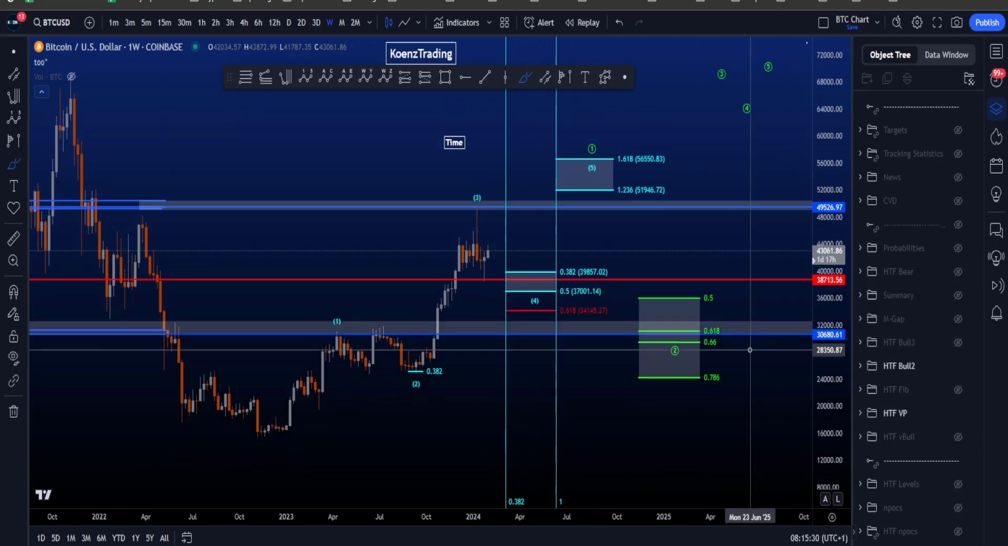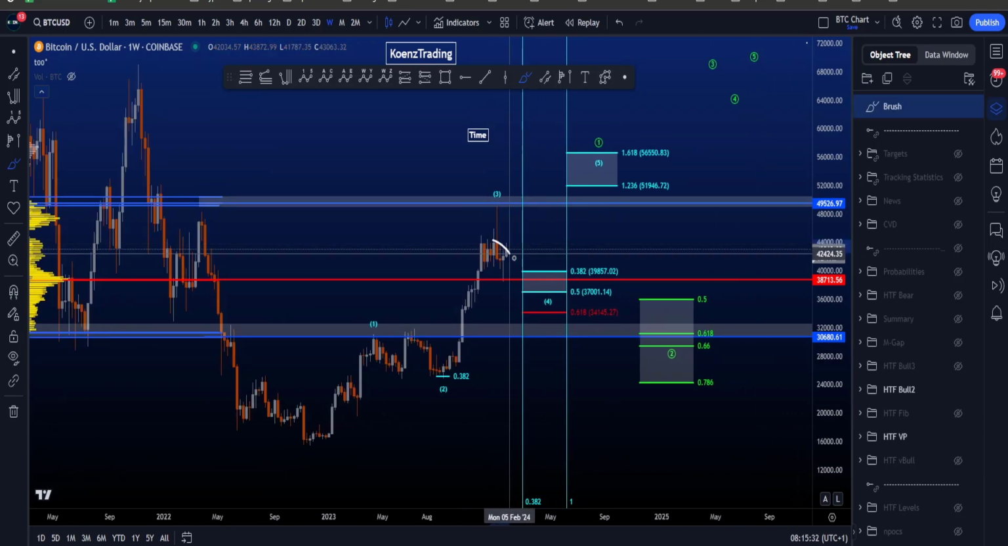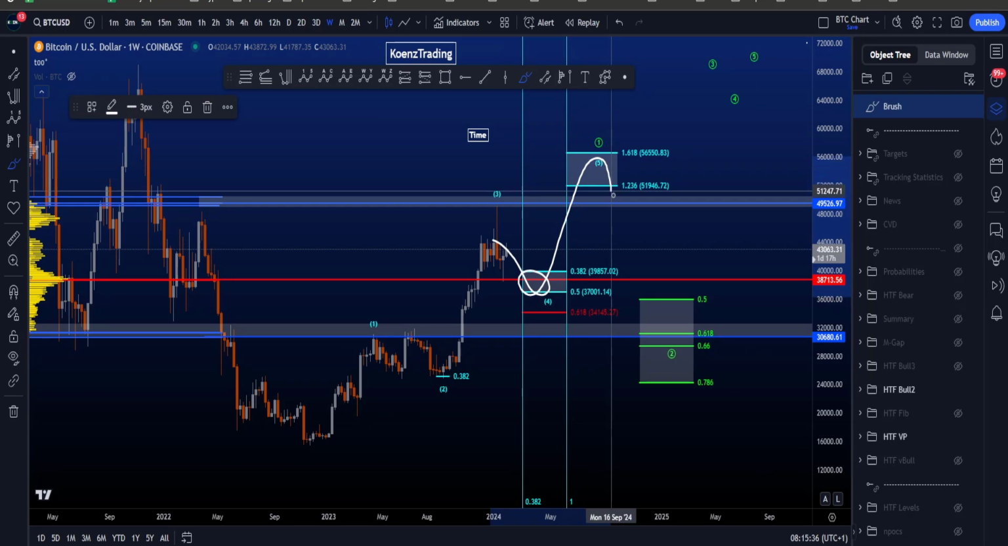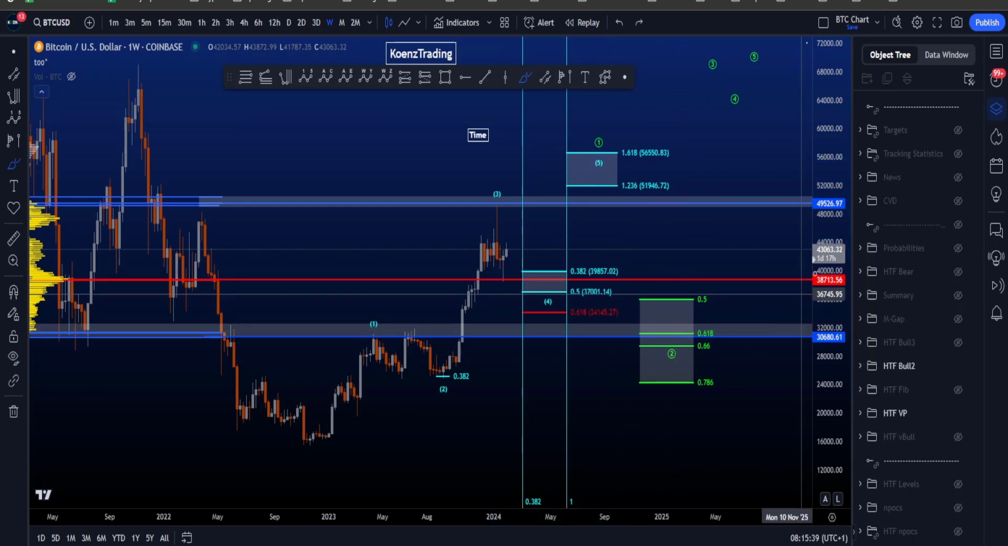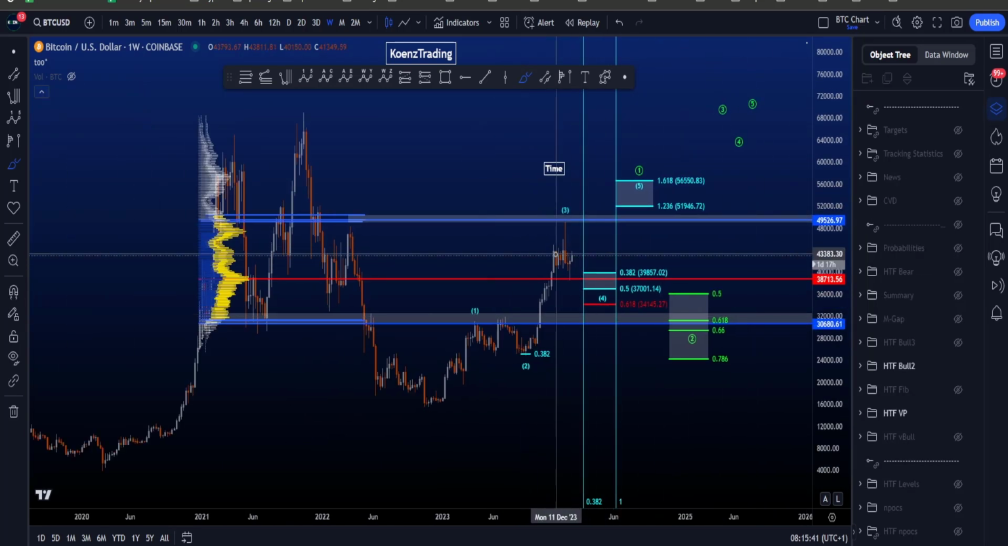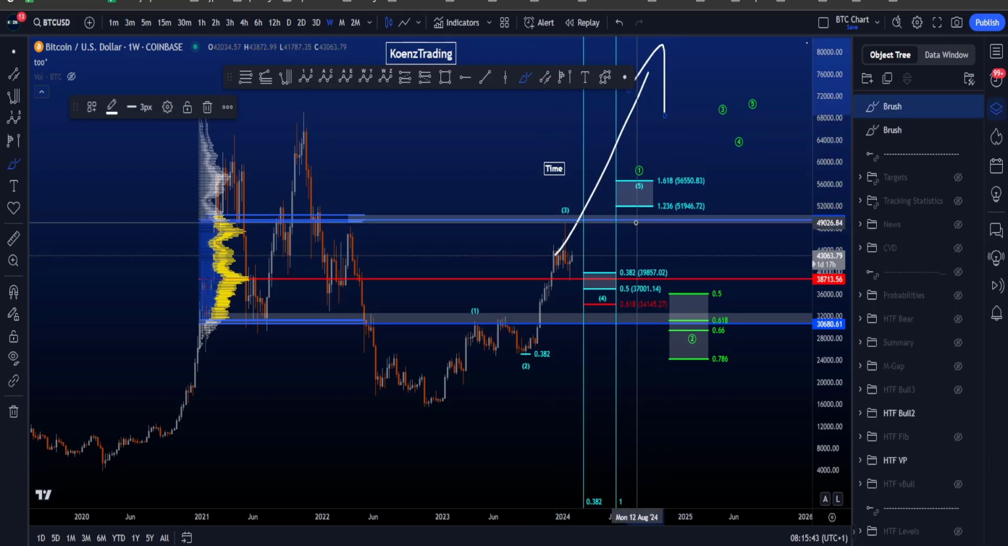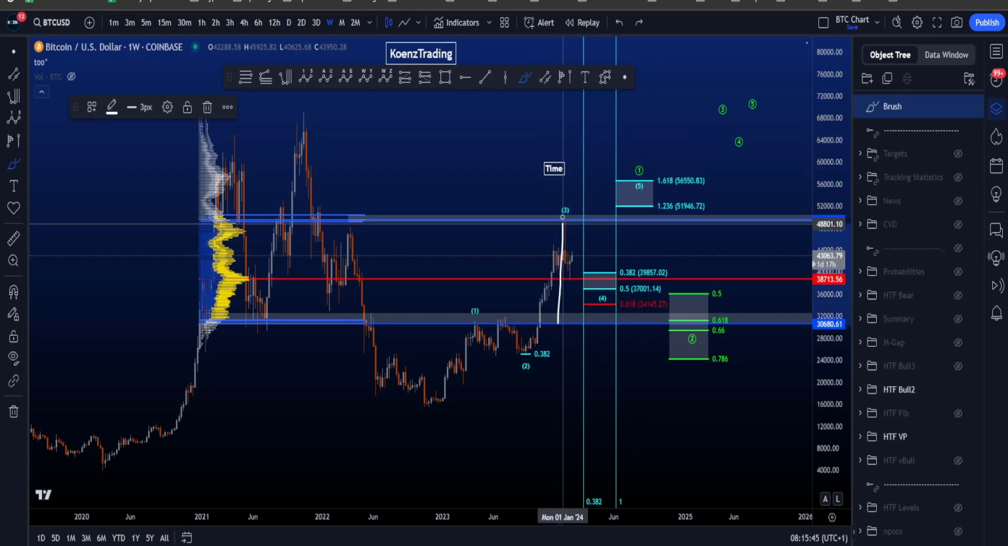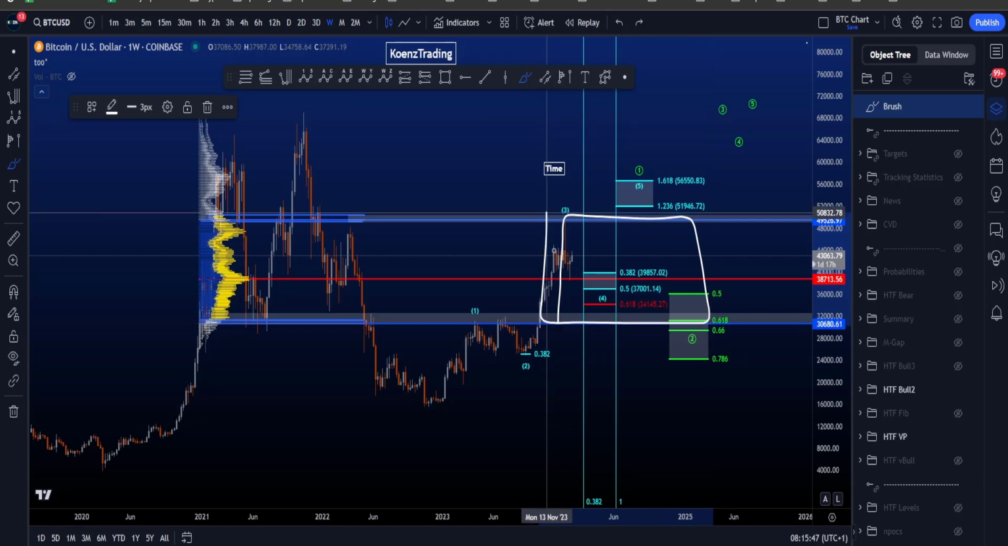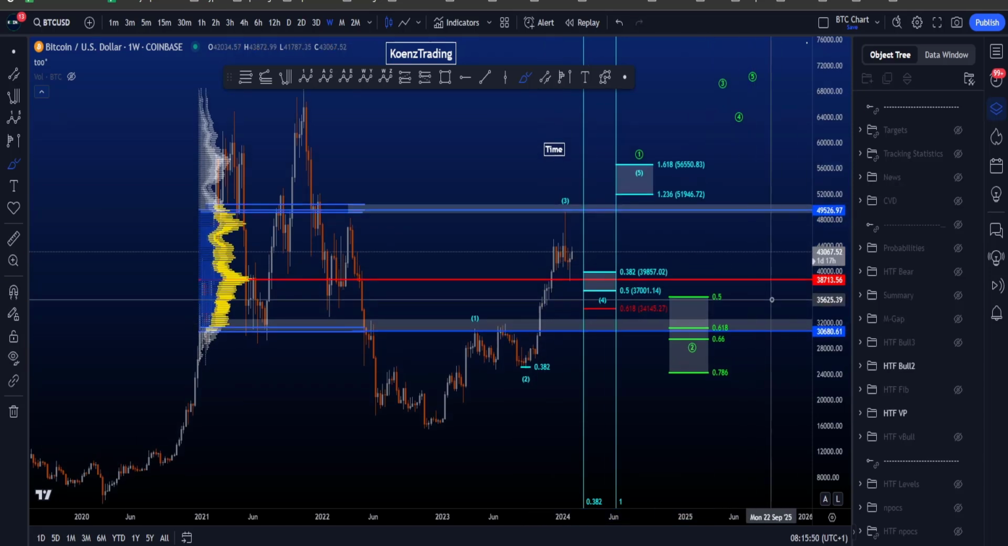Also, this scenario works very nicely with the range. Move to the point of control area, right? Move outside of the range, have a fake out before moving back in. Probabilities from an Elliott Wave point of view are simply not great to just do this and look for all-time highs directly. It's much better for price to stay in this range for a little bit of time throughout 2024